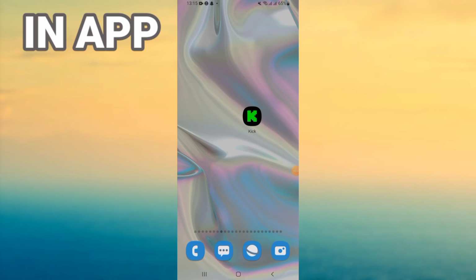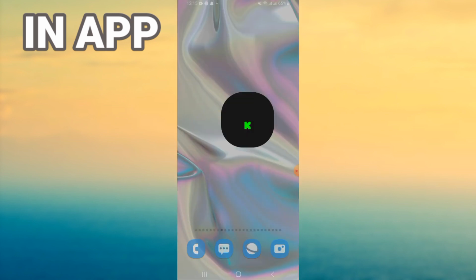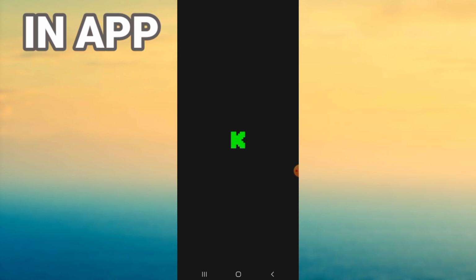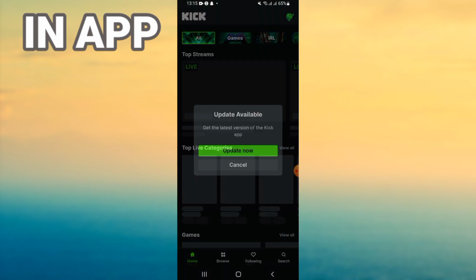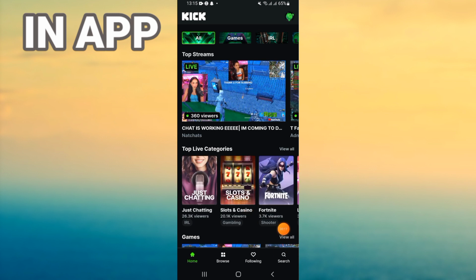Today I will show you how to create an account on your Cake app. So let's do it. I will just open my Cake app, and directly it will take me to the home page. I will come here,